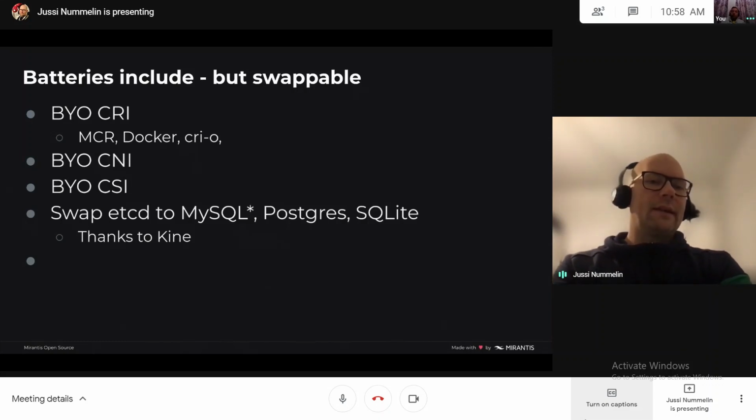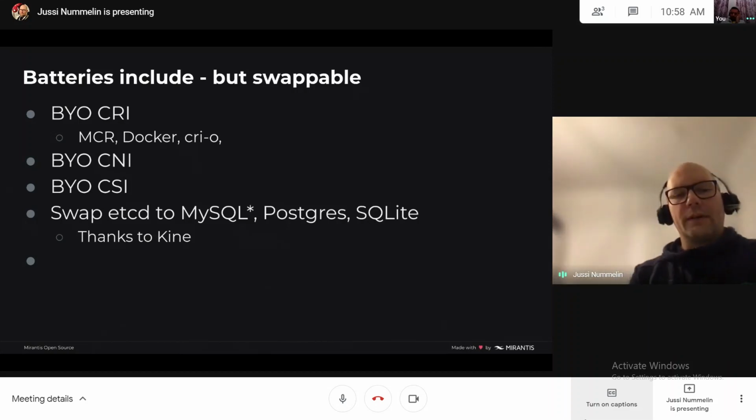Whether that's Mirantis Container Runtime, what was previously called Docker Enterprise, or the Docker Community Edition, or CRI-O or whatever, as long as it's compliant with the CRI interfaces and definitions, then you can use it with K0s too. But of course, then it's up to you to ship the binaries and the packages and whatnot.